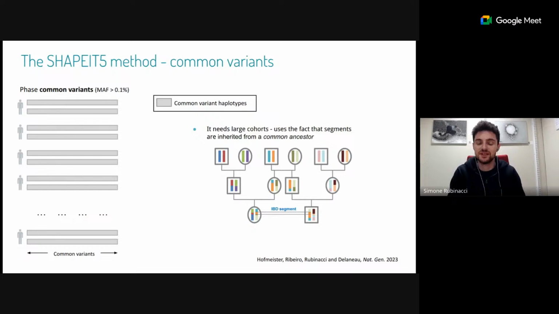To do that, we build a haplotype probability model, and we initialize it with a random phasing at heterozygous sites. And then we find the pair of haplotypes that best can be derived from that probability model. And this is just an initialization, and it's just enough to kick-start the model. And as we keep iterating and updating this probability model, we get very soon to convergence, and this will be the final phasing we will report. So this is the standard way to phase common variants using statistical approaches.